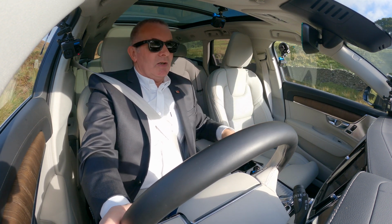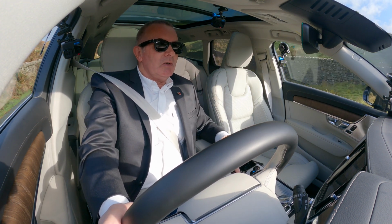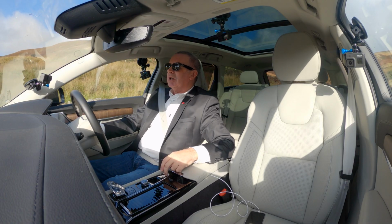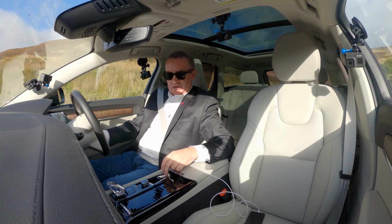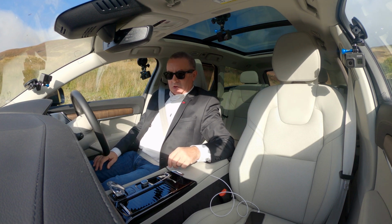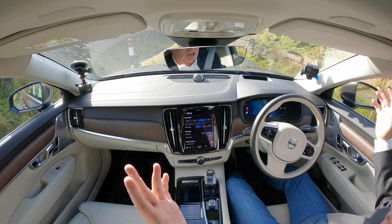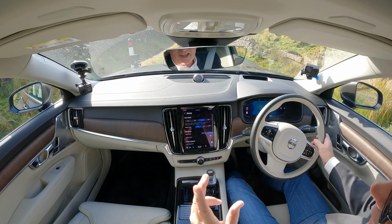Now we've got here automatic hold. If I just click this on, you can see a couple of sheep in the road there, so click that on. So on auto hold, we're not going anywhere even though we're pointing downhill. When I set off now,